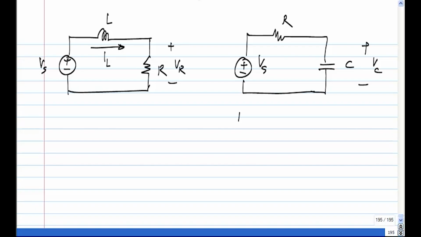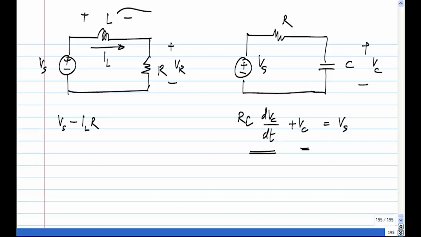So this one we know, I'm going to write it right away. This is the voltage across the capacitor, this is the voltage across the resistor, and the total equals Vs. Okay. Now in this case, what do we have? Vs minus ILR, which is the voltage across the inductor, is L times dIL by dt. Okay. So if I rearrange this, I get L by R times the derivative of IL plus IL equals